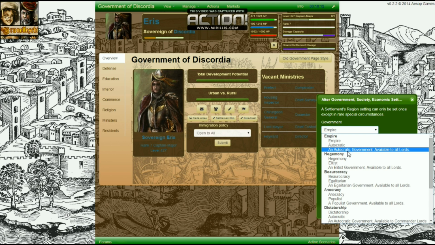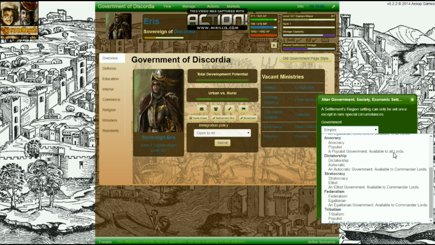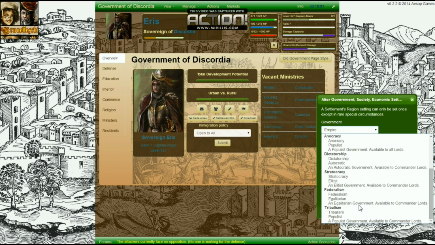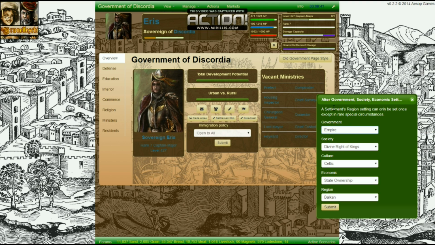You can see we have autocratic government styles, and it tells you right here when you're selecting it where it's coming from. Different sovereigns have different options in terms of their class, providing different government styles. You can see that commander lords, who are more militaristic, more of a fighter type class, have the stratocracy and the dictatorship. The egalitarian, elitist, and autocratic aspects of the government determine